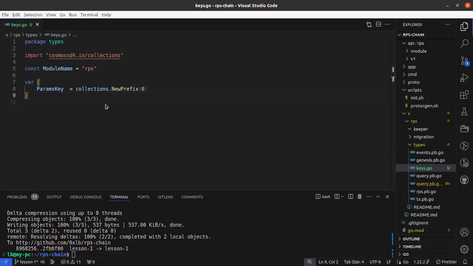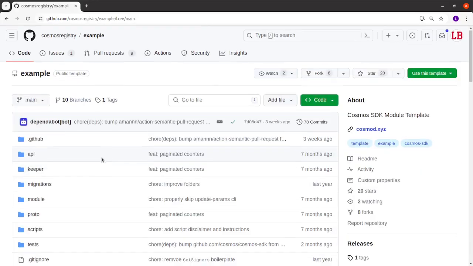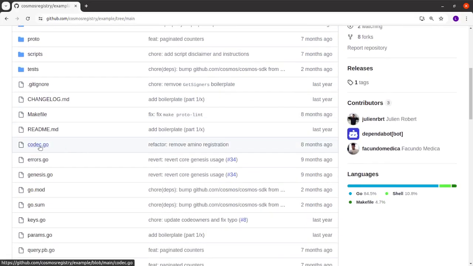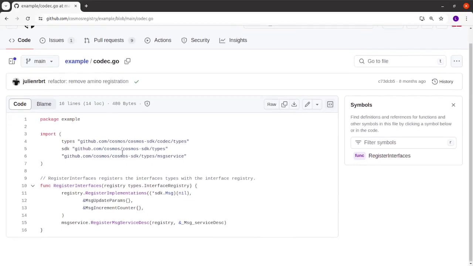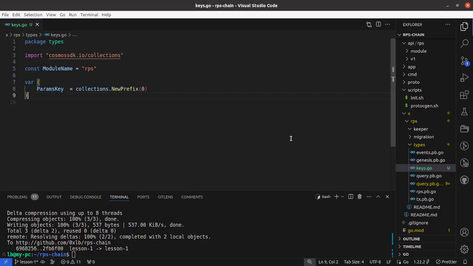The next file that we need to add is the codec. Here we have an example, codec.go. In here we will register all the interfaces of the module inside the interface registry. If we don't register the different messages, for example, users will not be able to submit this type of messages. So let's copy this code and create our